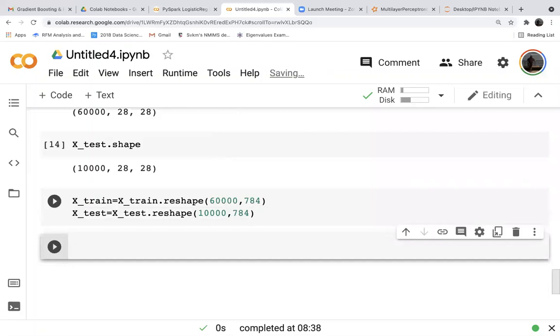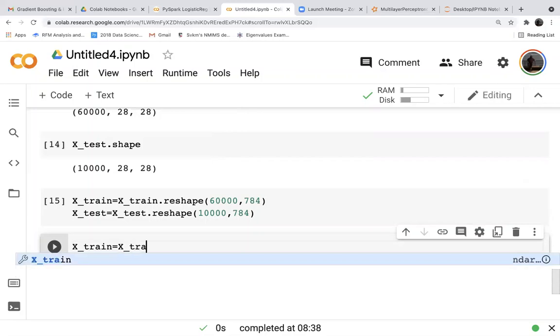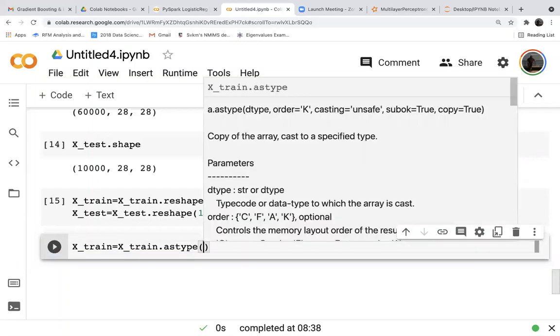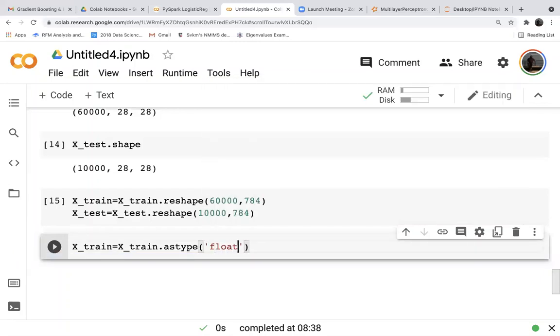Okay. Now we will convert these 64-bit values into a smaller size. X_train is equal to X_train.astype('float32').